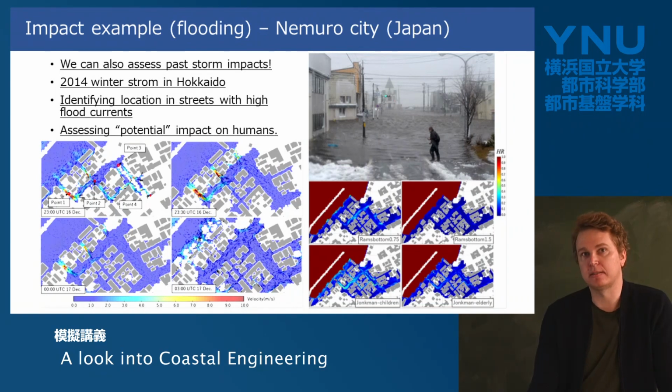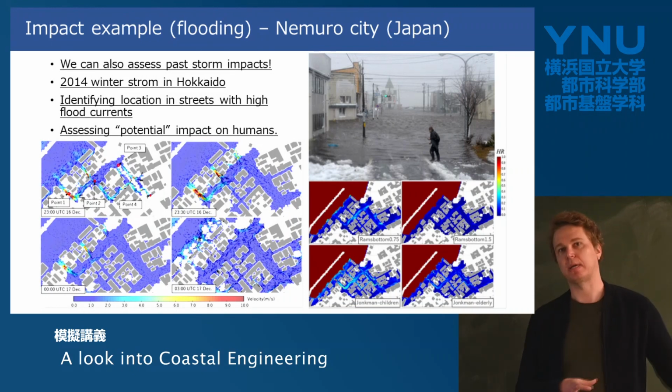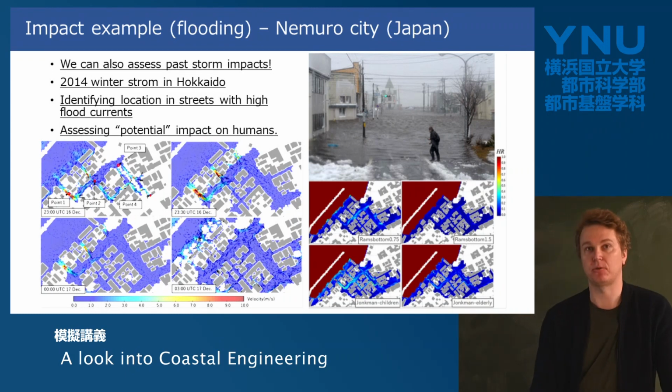And here you can see there are different types of current velocities. There are some areas where you have very high current velocities, almost up to 10 meters per second. And then we try to understand, okay, if we have these more dangerous locations, what is even the impact on humans, especially, for example, children and the elderly. And here's another map that shows that with the higher colors, it becomes more dangerous for humans in those areas.